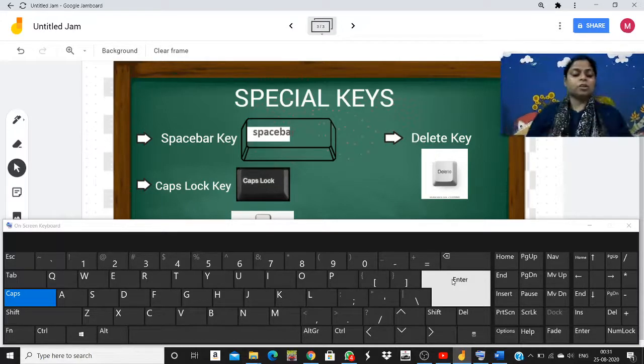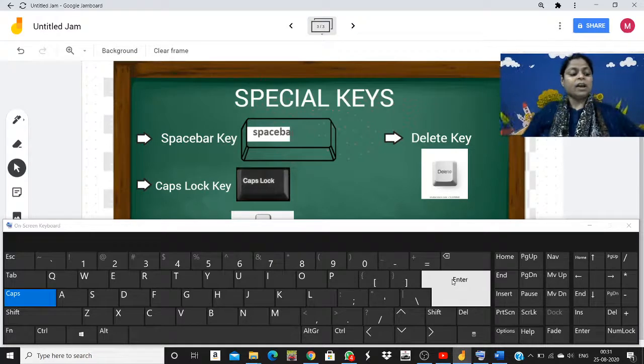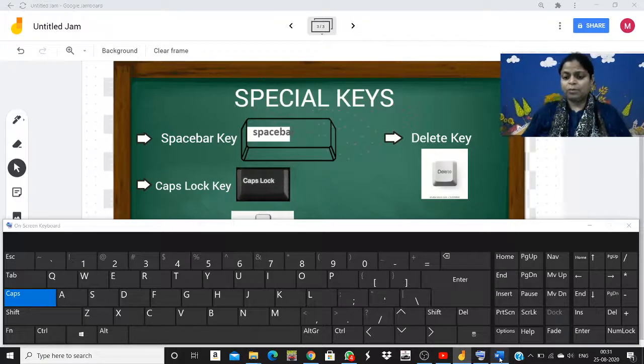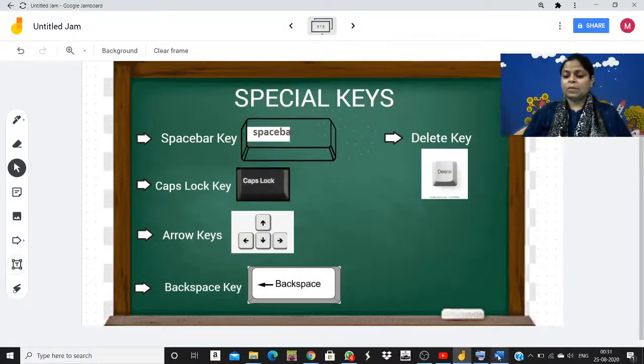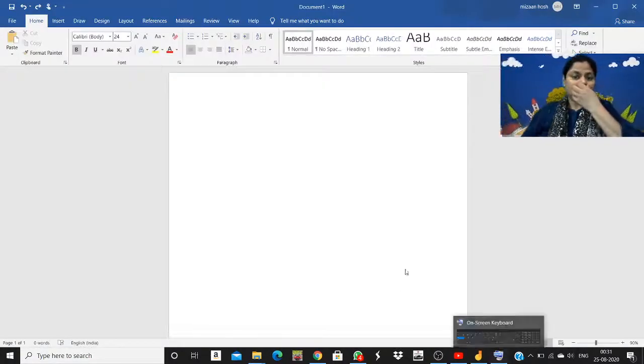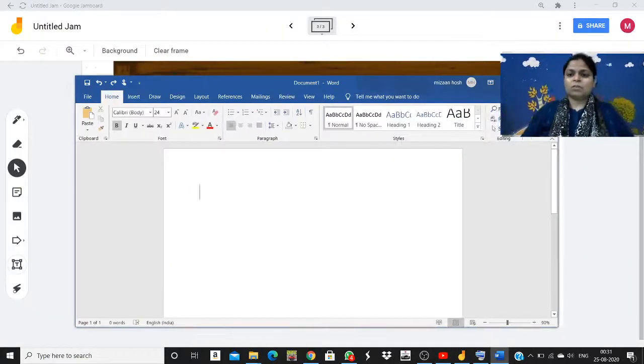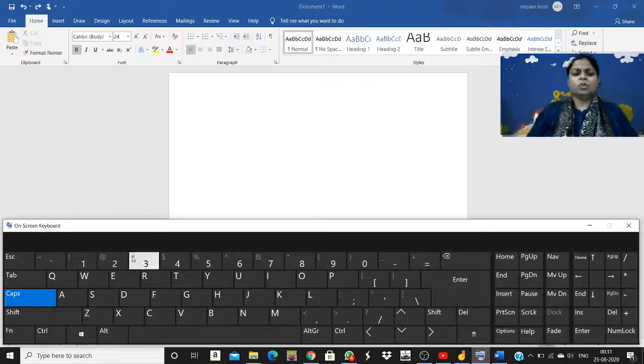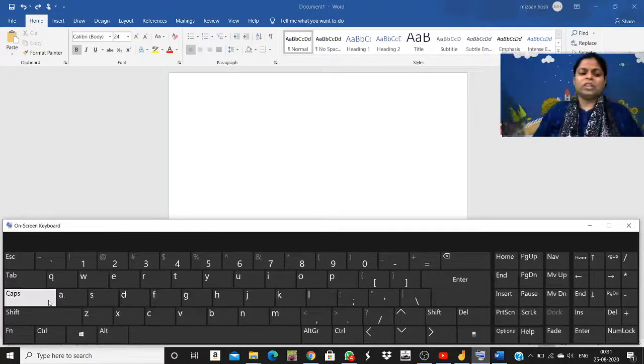Okay, now children, these are the keys, as I have told you about special keys. I have told you about the enter key, the arrow keys, and the delete key. Okay, now let me show you how it comes when you type. See children, this is my Microsoft Word page, and I will enable my keyboard and I will show you how we type. See, I have switched on the caps lock key